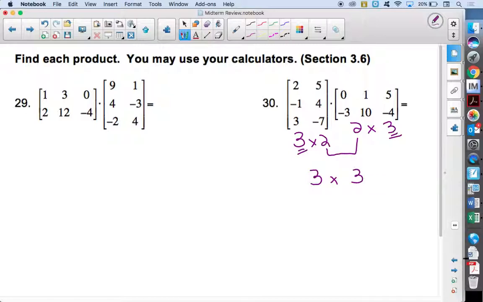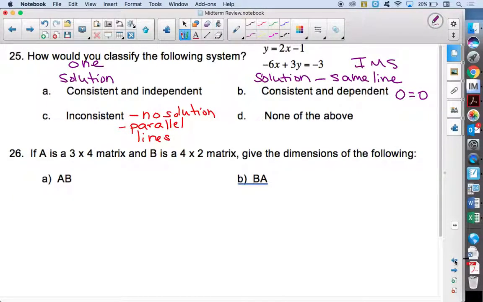Virginia, I just want to make sure it was 26B and solved. 26B was, it cannot be solved, right? Because the dimensions, those middle numbers, are not the same when you take B times A. Yeah, so the dimensions are not equal. Sarah, should we go over